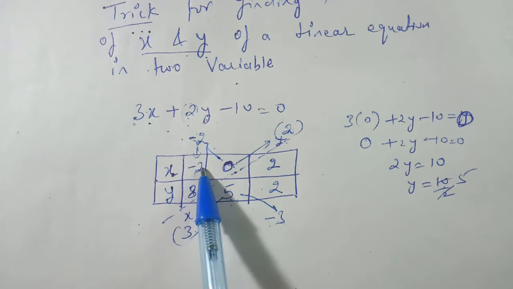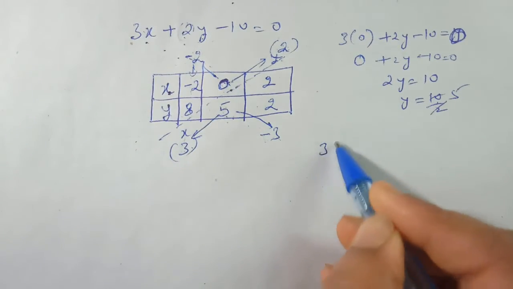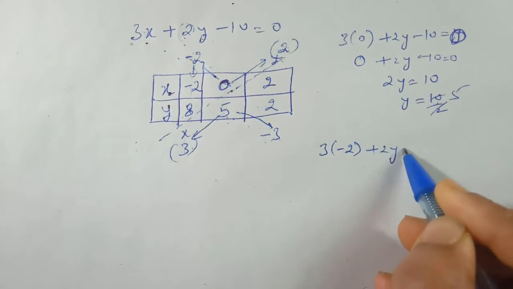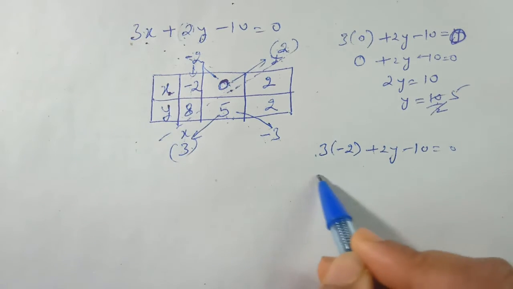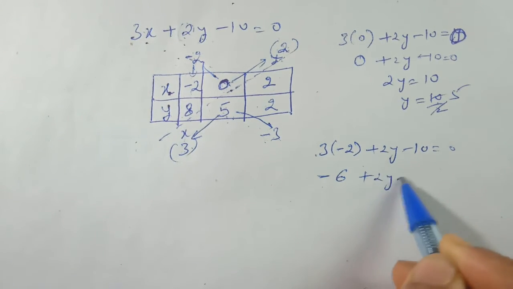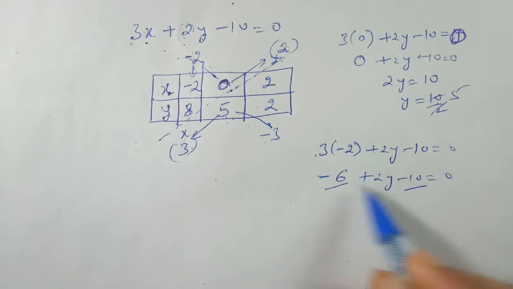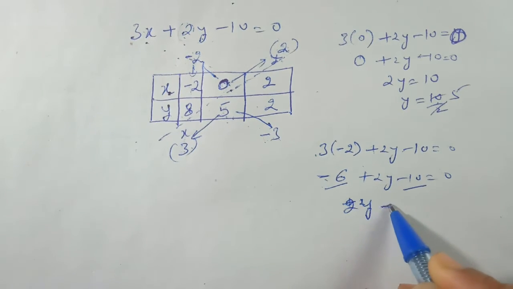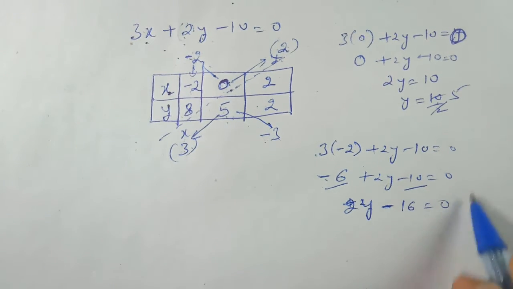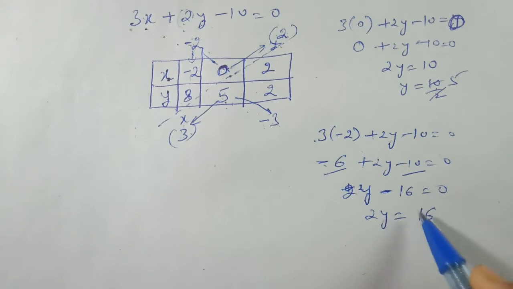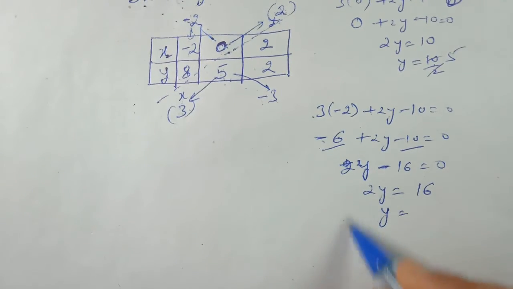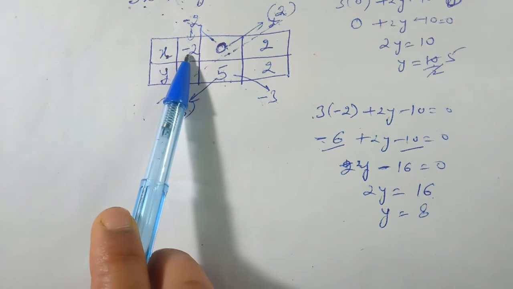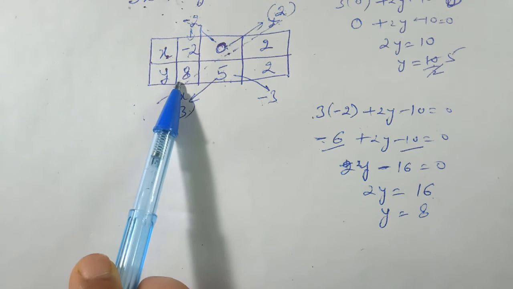When we take the value of x equal to minus 2, let us check. If we take the value of x equal to minus 2, then what will be the value of y? We are checking. Minus 3 into 2 is minus 6, plus 2y minus 10 equal to 0. These two numbers can be solved. Both are in the same sign, so they will be added. So they will give minus 16 equal to 0. Transpose minus 16 to the other side. This will move with a positive sign, and 2 will move to the division. So 2 8s are 16. So we are getting the correct answer. When we have taken x equal to minus 2, we get the value of y equal to 8.